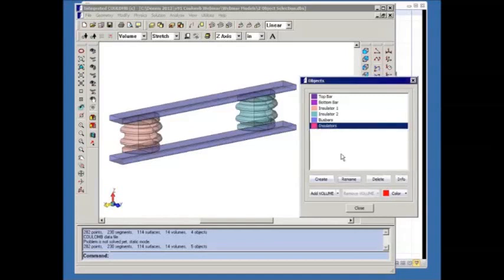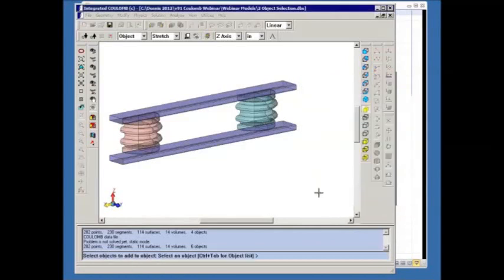Okay, now I want to add both insulators. I could use a volume selection, but because the insulators are themselves very complex, I would have to do a lot of clicking. Since we've already defined 2 insulator objects, we can change the selection type to Add Object. And now when I click on Add Object, I could select the objects with the mouse, but you'll notice in